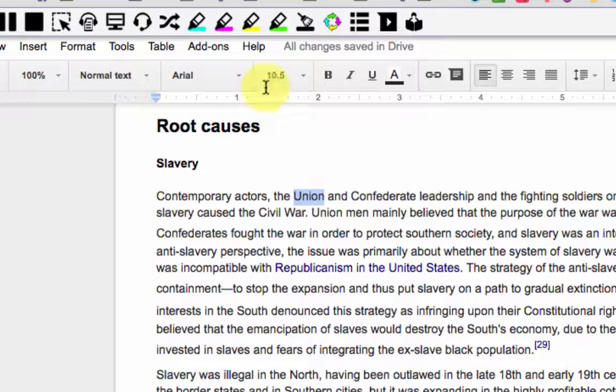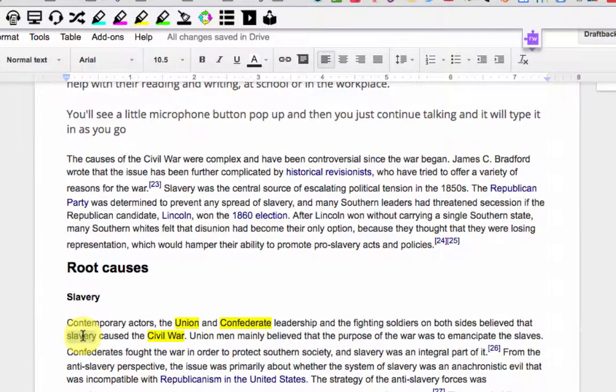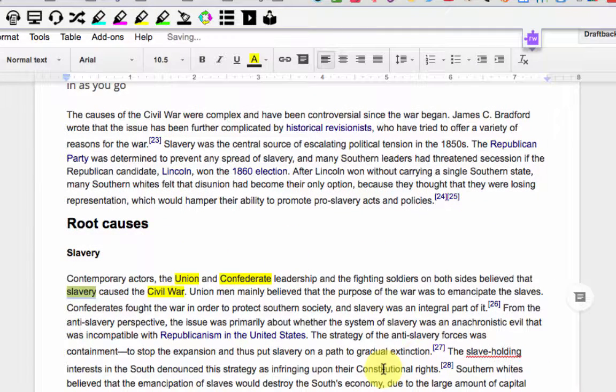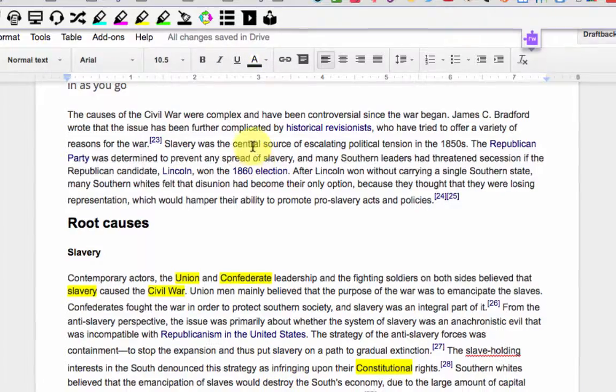So let's say I want the word union, the word Confederate, the word... I don't know how to work with two words here together. We'll try it out. The words Civil War. Maybe we also want slavery. We're getting the key terms out of this paragraph here, and maybe down here I want constitutional. So once I have all the things that I consider to be key terms highlighted, I then go to this